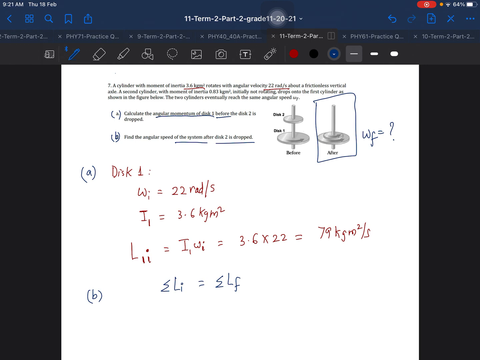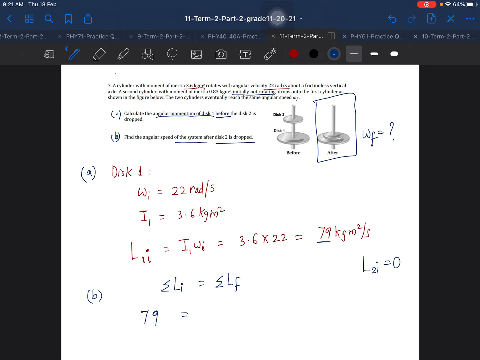Let's do that. So before we had only disc 1 rotating, so we'll have only the angular momentum of disc 1, which is 79. The angular momentum of the second disc initially was 0, because we can see that initially the second disc was not rotating. So it's only the first disc which was rotating. So 79 equals